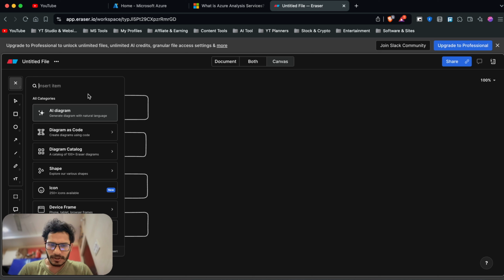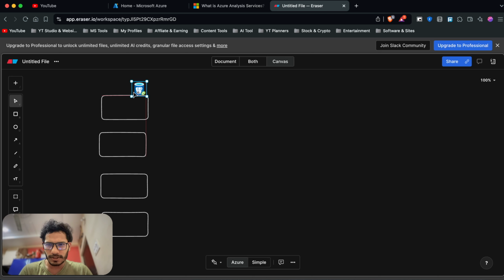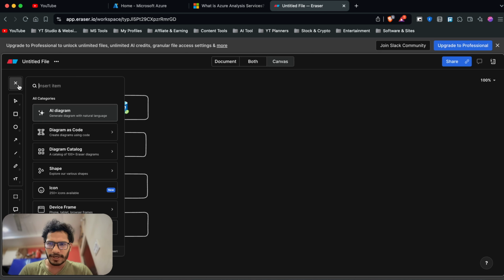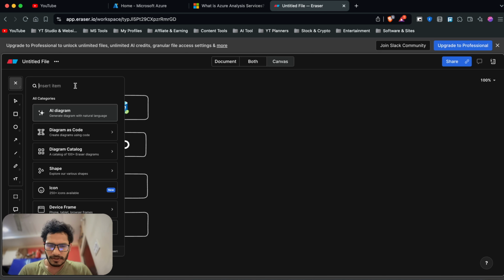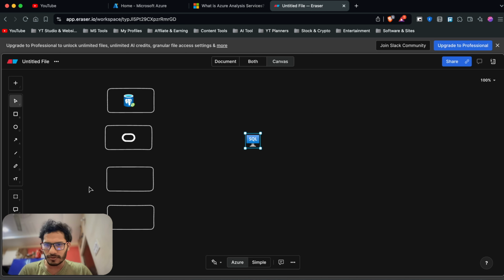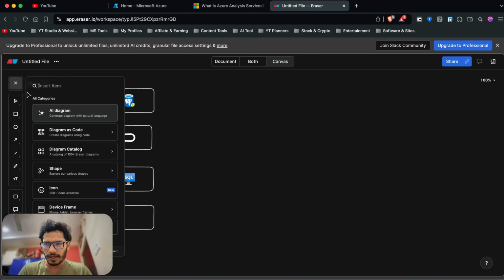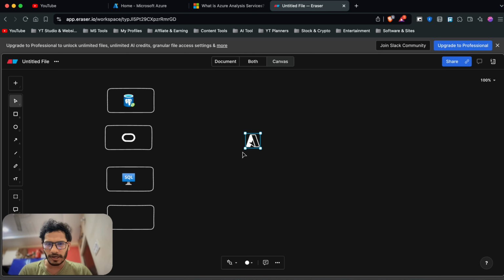First let me give a visual for this. I will mention PostgreSQL. So I got PostgreSQL here, which is one of my databases, and I will take one Oracle database, which is my other database. Then I will go with SQL Server, which is on-prem, or any other SQL Server. We can take this SQL on-prem, and we'll put it in this window, and our last one is Azure SQL,